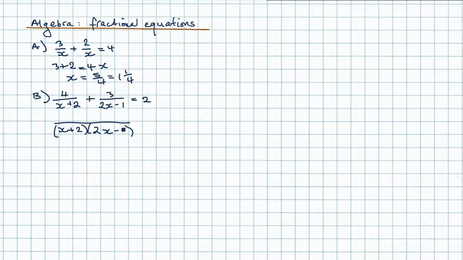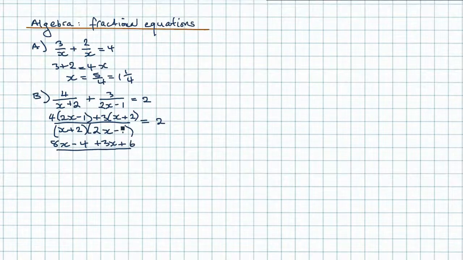And we saw this in a previous video, so I'm not going to spend too long on going through this simplification of the left-hand side. But now that we've got a common denominator, we can see that the 4 must be multiplied by this 2x minus 1 to give us this expression here. So it's going to be 4 times 2x minus 1 plus, and then the 3 has to be multiplied by this x plus 2. And that gives us the basis of our simplification. We've now got 8x, 4 times minus 1 is minus 4, plus 3x, 3 times 2 is 6, all over